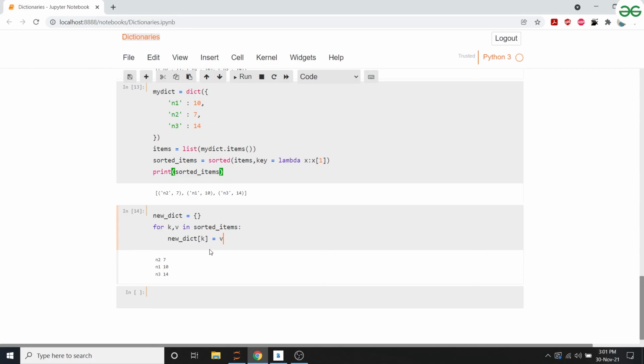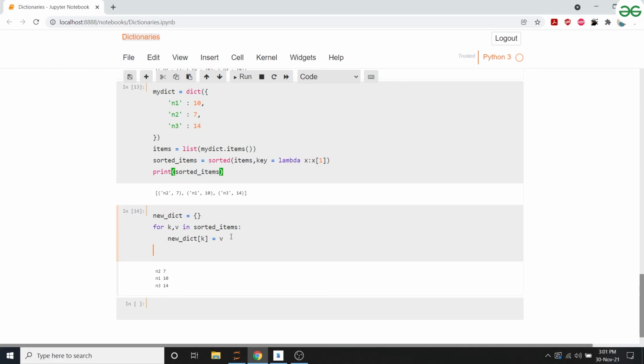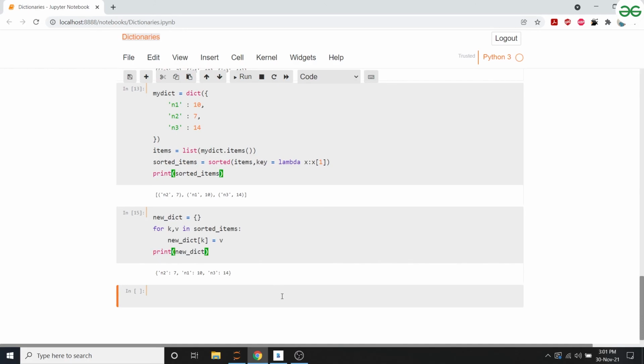New dictionary right now is empty, k, that is n2 in the first loop, will be mapped to 7, n1 in the second loop will be mapped to 10, n3 in the third loop will be mapped to 14, right? This is what we want. So after this loop is complete, we'll print the new dictionary, and here we have the final sorted dictionary.